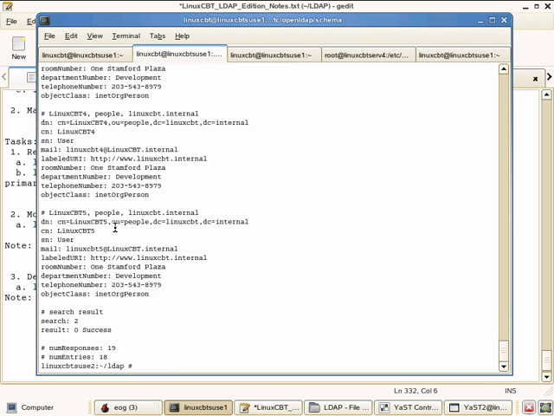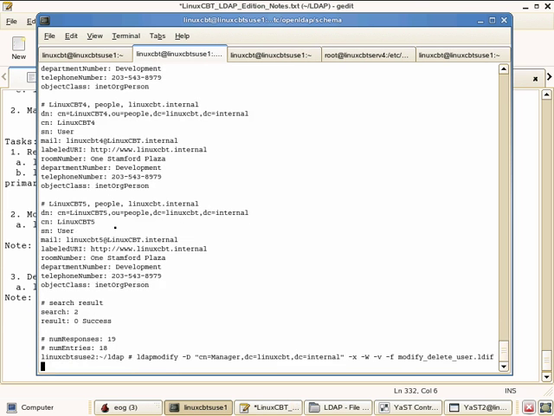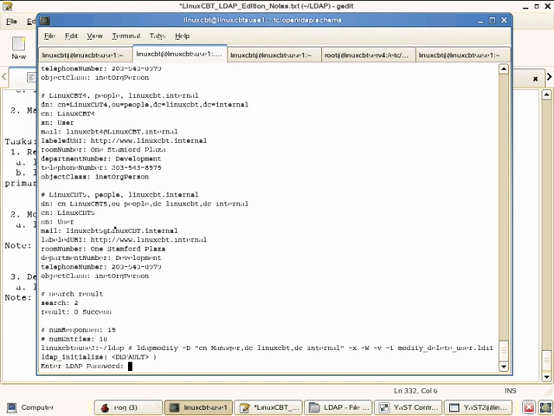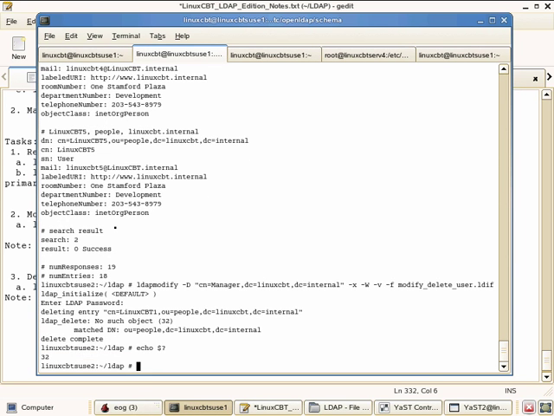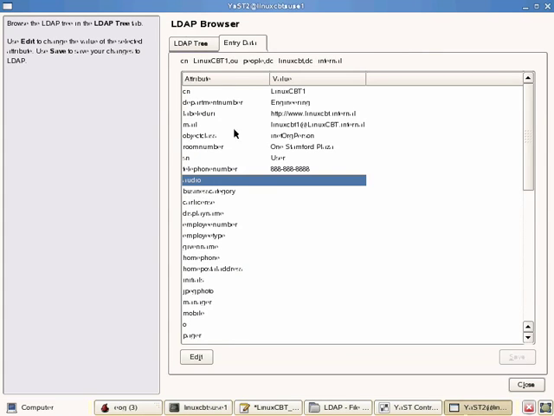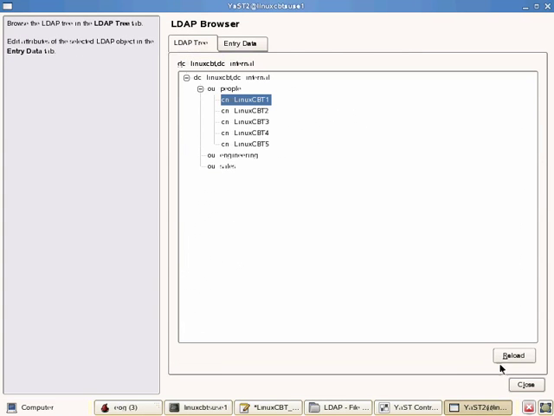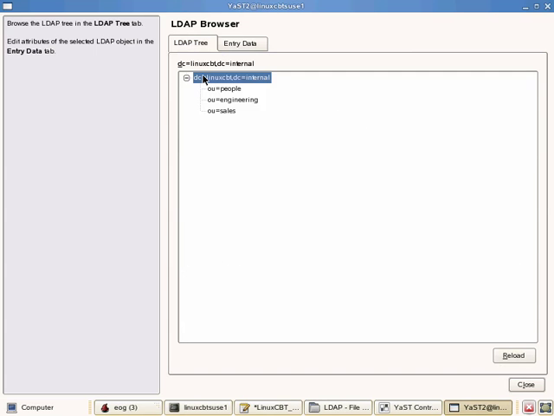Now supposing we try to delete that same user again. That certainly won't be possible because the user no longer exists. It causes the utility to throw an error. It matched the DN of the organizational unit, but it was unable to find the user. No such user. So it knows where to look. It knows what branch to search, but it couldn't find the user. Back to the LDAP tree, if we refresh it, we should see that in the people OU no longer exists